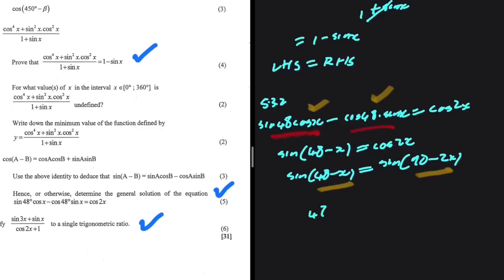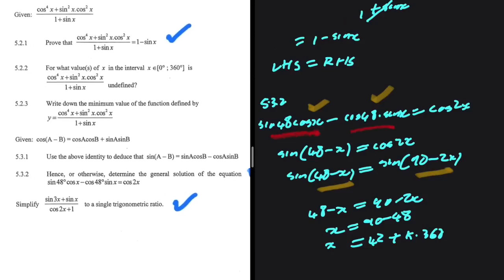So we're going to have 48 minus x being equal to 90 minus 2x. If we take minus 2x to the left-hand side, we're going to have x. 90 minus 48 is 42. So x is equal to 42 plus k multiplied by 360 because it is a general solution. We are not given a certain interval we are supposed to respect. So that is